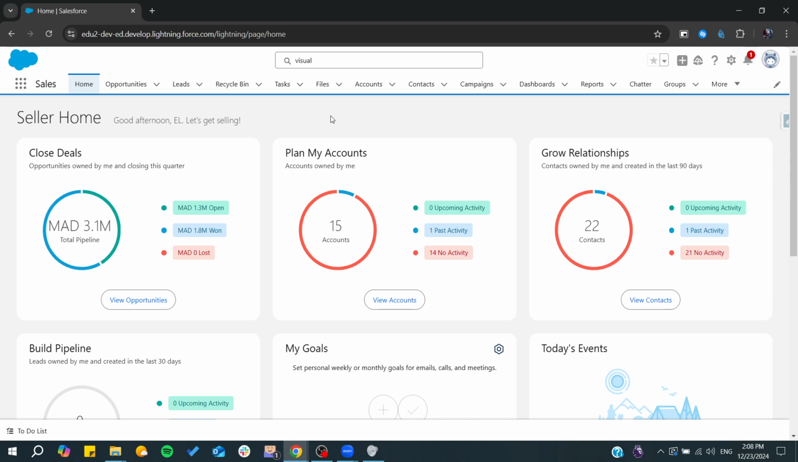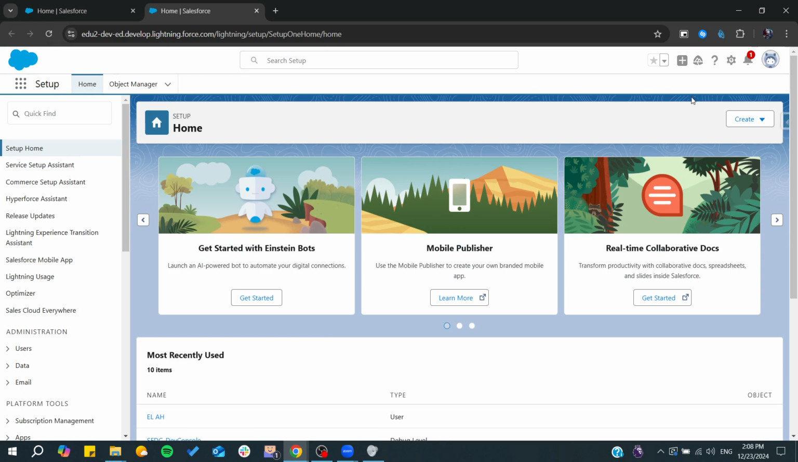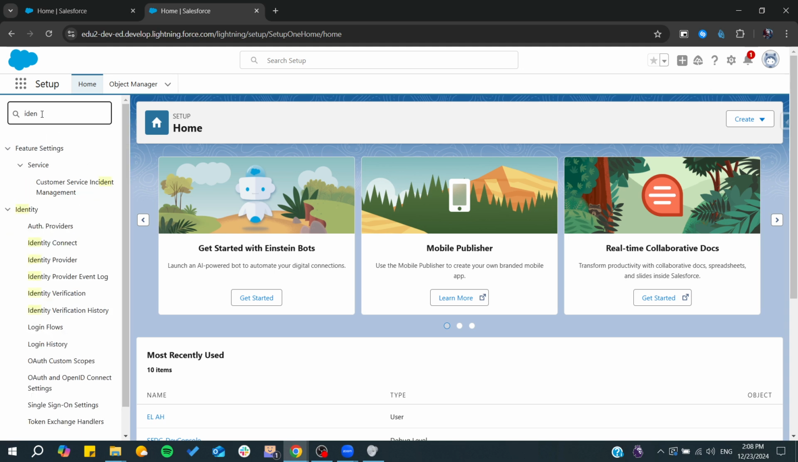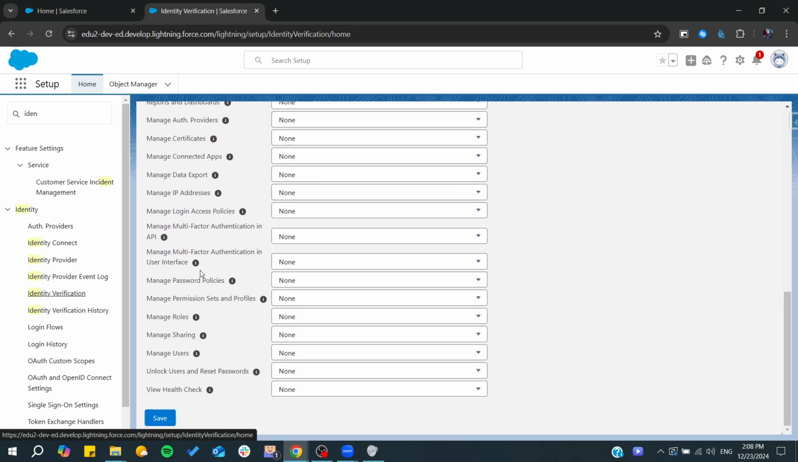So first, we need to go to our organization settings so we can disable our MFA authentication. To do so, we need to go to Setup and then to Identity Verification. So now all we need to do is go to Setup as we are here. Now we want to find Identity Verification. So here, Identity Verification. And now all we need to do is search for the settings concerning multi-factor